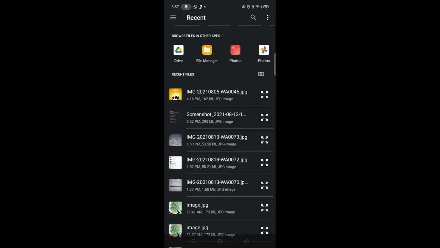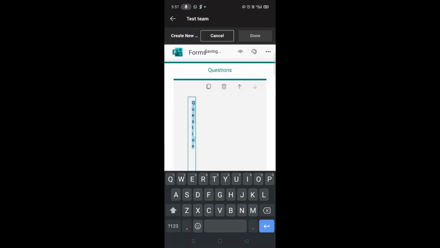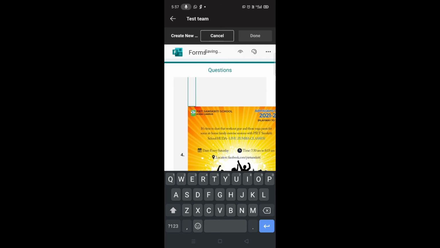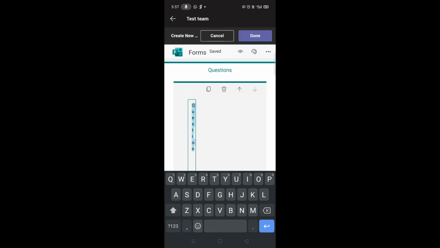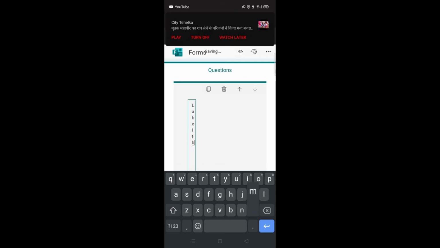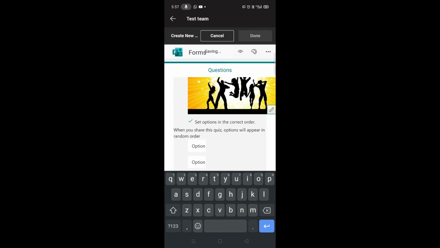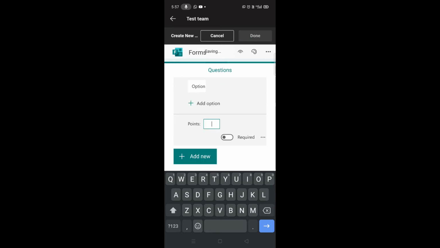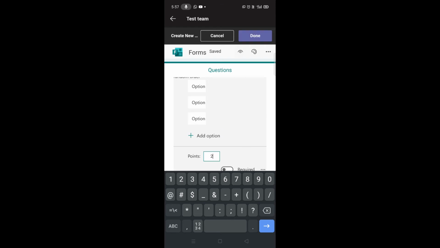It will take you to your camera gallery options. Select any image like this, and this image will be uploaded. So you can write down the question here related to the image. Okay. Give the points to this question, say 2 points. Now click on the done button at the top right corner.